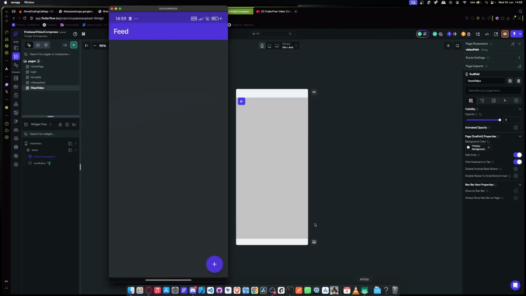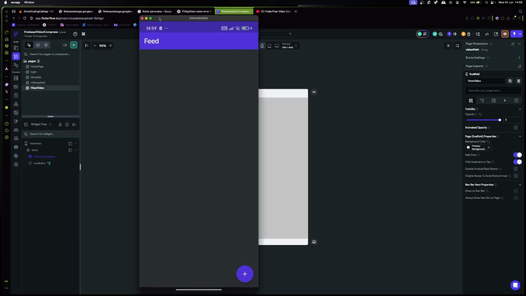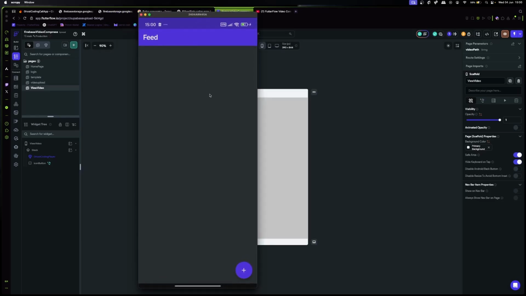I'm here on my actual phone. This is one thing for the compression, for you to actually see that the compression is working and the video is uploading. Make sure that you test on an actual physical device. If you test on an emulator, it's not going to work due to how emulators run, and there's not an actual local storage for it to just shove that compressed video in prior to uploading it. So it is best to test it on an actual physical device.